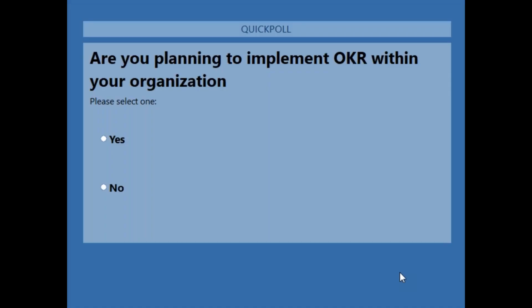One last poll. So here is the poll question. Are you planning to implement OKR within your organization? Please register your responses.